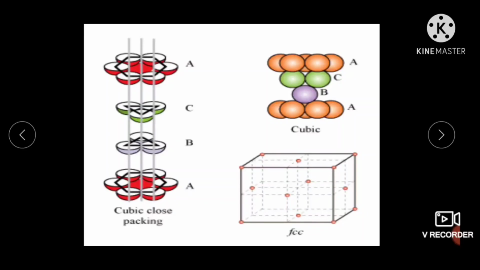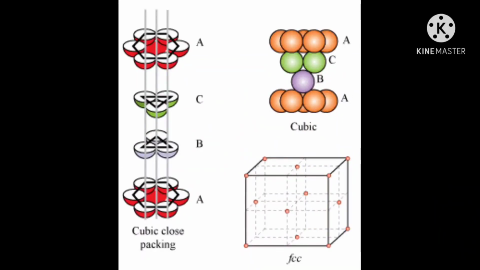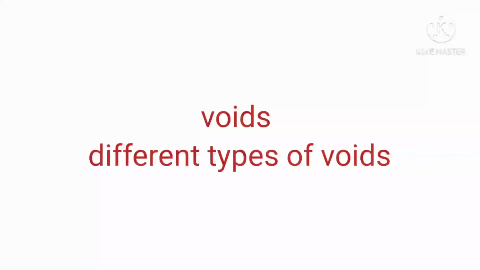In this type, the coordination number is 12. This structure is called cubic close packing or face-centered cubic structure. Examples for this include